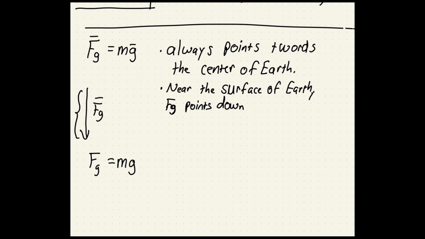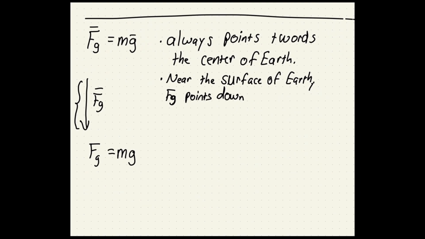And so these are positive scalar values. F sub g is the scalar value of the force of gravity, or what we call the magnitude of the force of gravity. Mass is always a scalar, and then g here is going to be a positive 10 meters per second squared. If we wanted to worry about whether it's pointed down and that's negative, or up and it's positive,